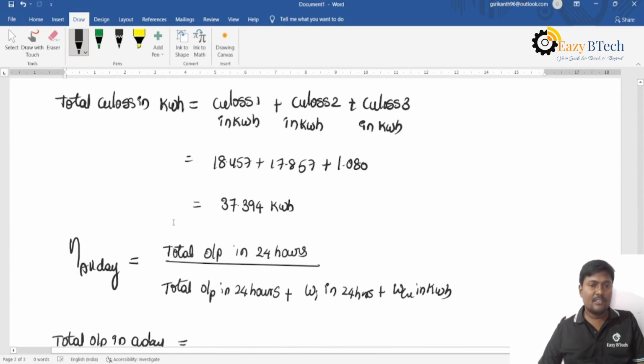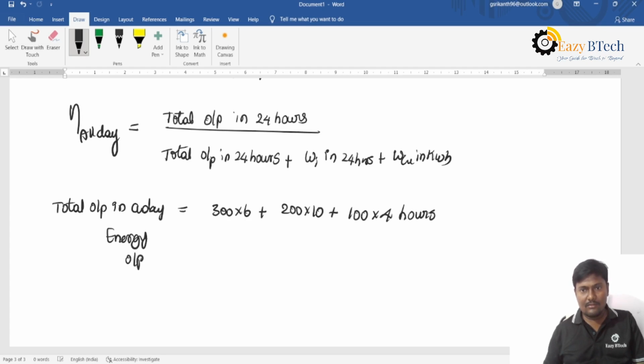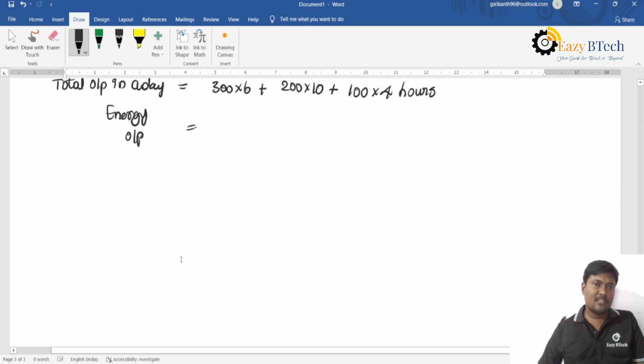So 300 into 6 plus 200 into 10 plus 100 into 4 hours. 6 plus 10 is 16 plus 4, 20 hours only, and in the remaining 4 hours the output power is 0. Why? Because it is operating under no load conditions. So 4200 kilowatt hour,